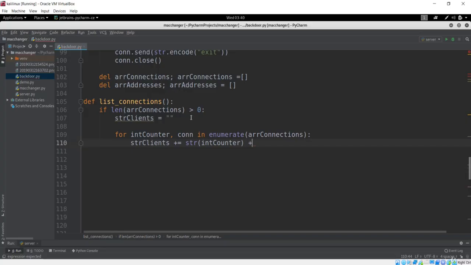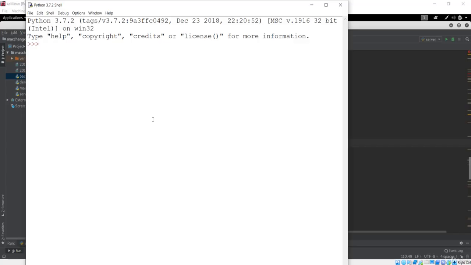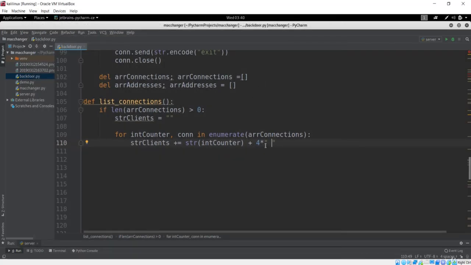Let me say 4 asterisk, and let me just say something like this. What we just did over here, as you see in IDLE, if I do something like 4 multiplied by these empty strings, then it is going to give us 4 spaces. So basically I'm just creating these spaces between each of these attributes.